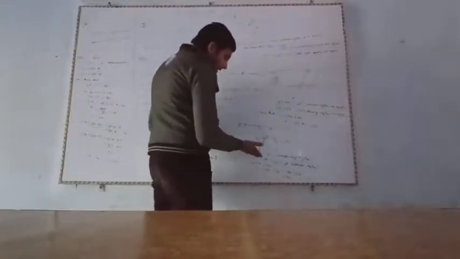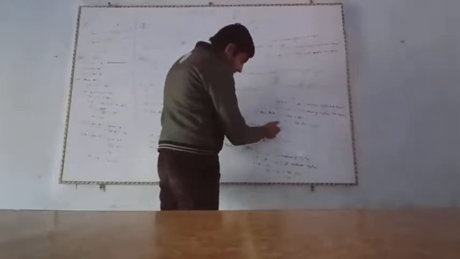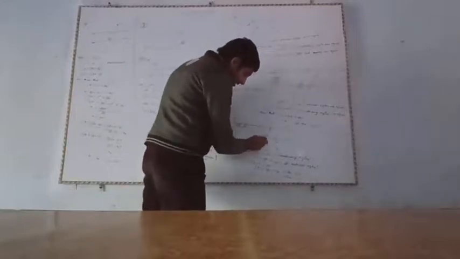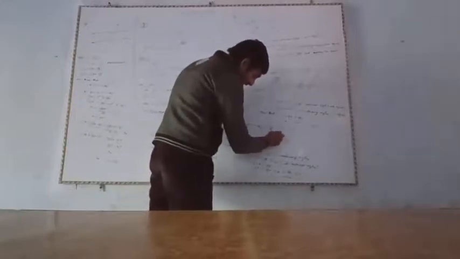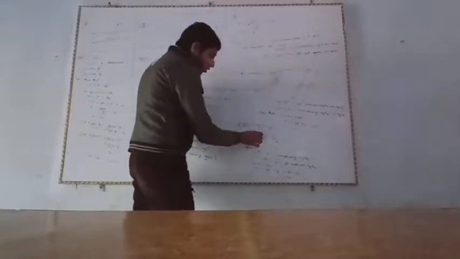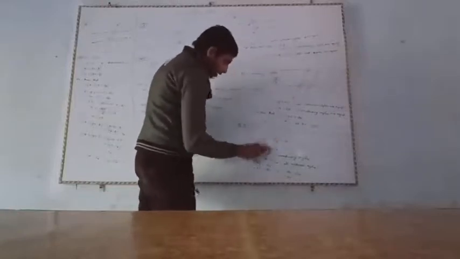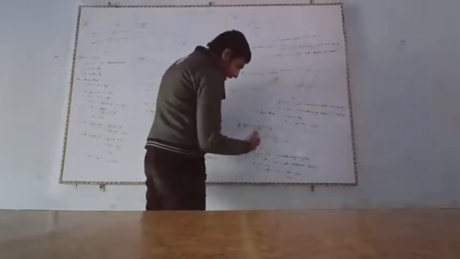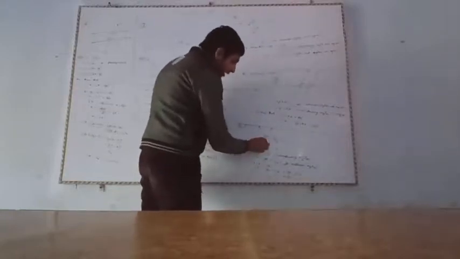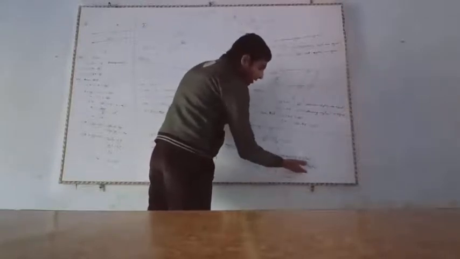From here angle x is equal to angle y because of exterior alternate angles. This is the exterior alternate angle of y. So x is also the exterior alternate angle of y, and we already know that exterior alternate angles are equal. So x is equal to angle y, and we already found that y is equal to 120 degrees because of corresponding angles. So angle x is equal to y, and also y is equal to 120 degrees because of alternate exterior angles.